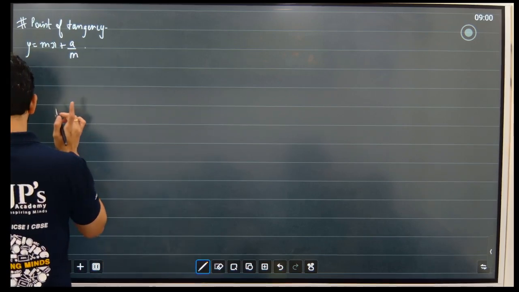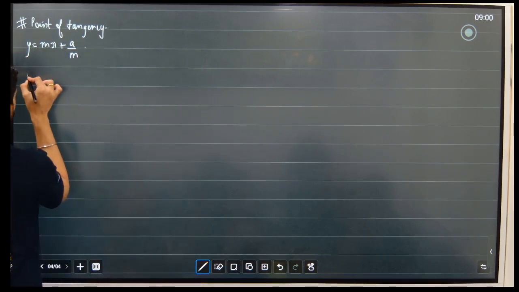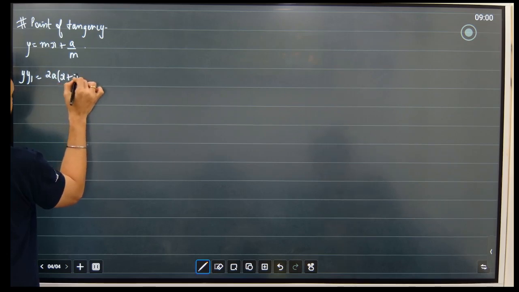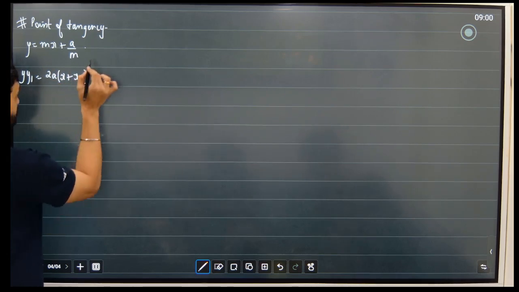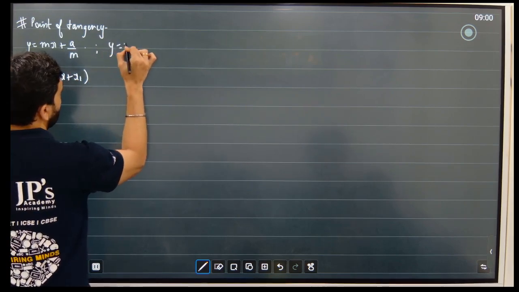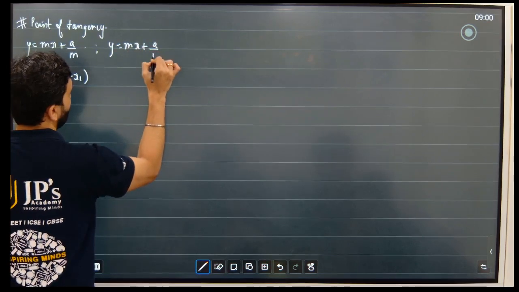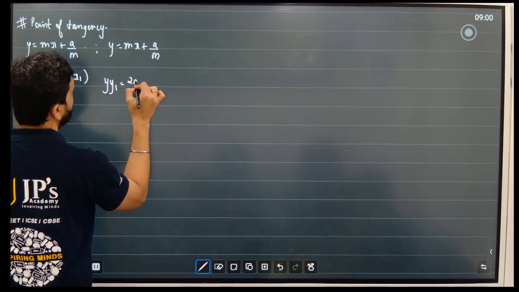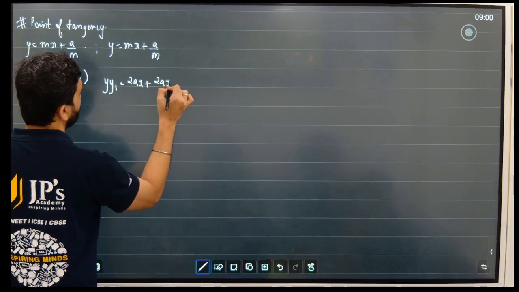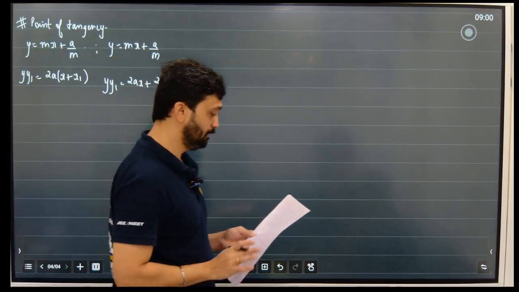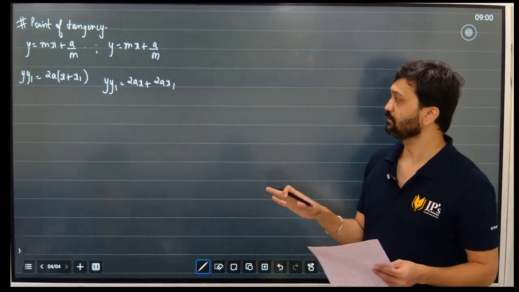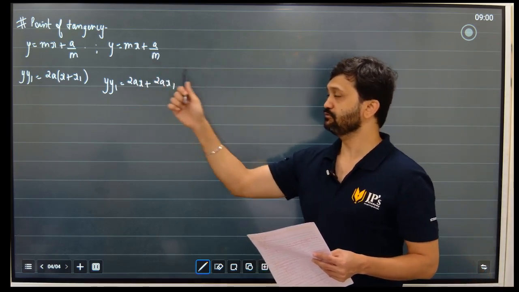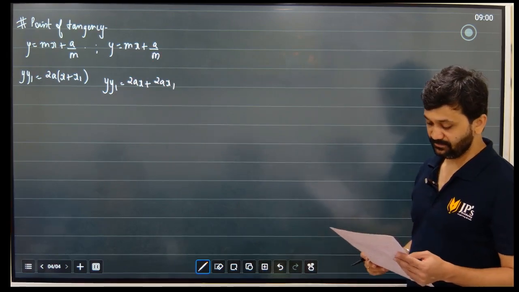Now for me, the formula at a point is yy1 is equal to 2a times x plus x1. In other words, this is y is equal to mx plus a by m, and this is yy1 is equal to 2ax plus 2ax1. So these are the two things. Now these two represent the same line. This is also tangent, this is also tangent. And since they both represent the same line,